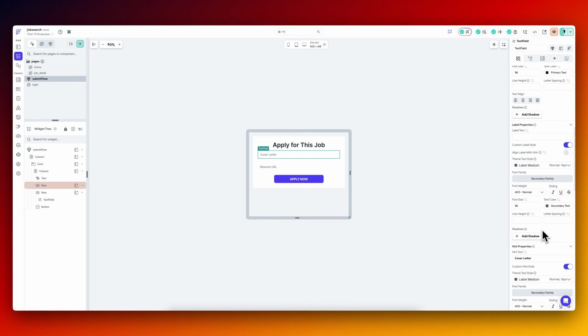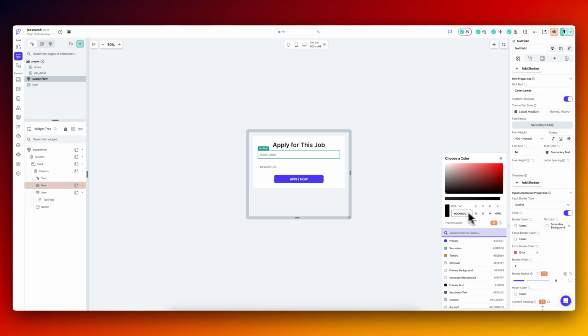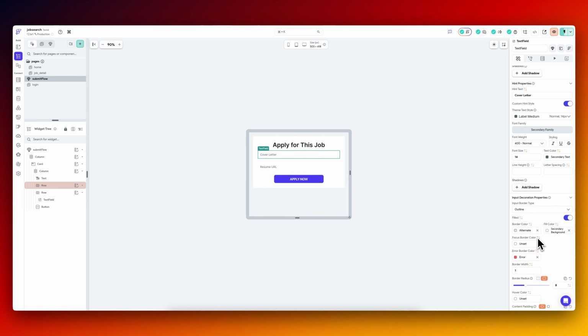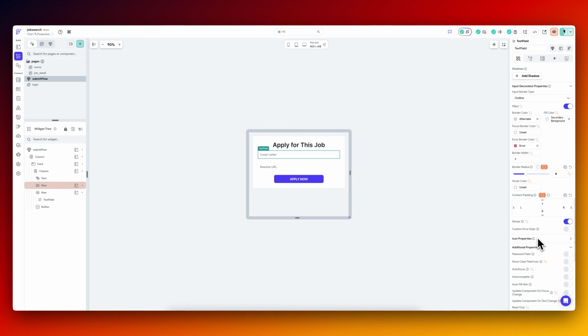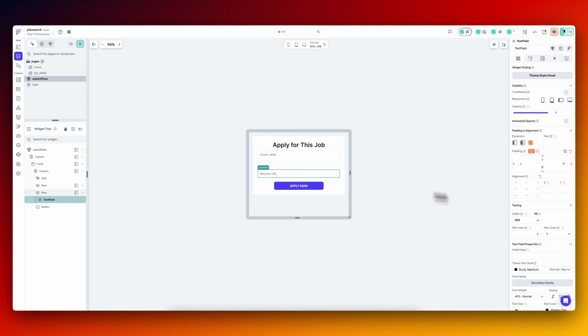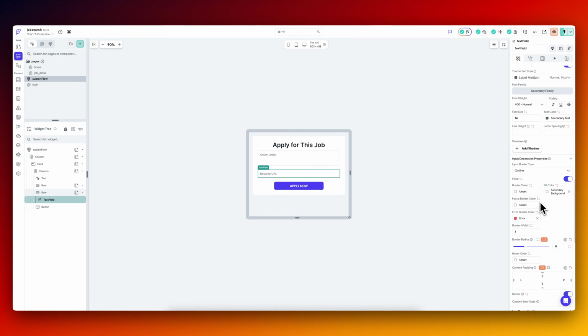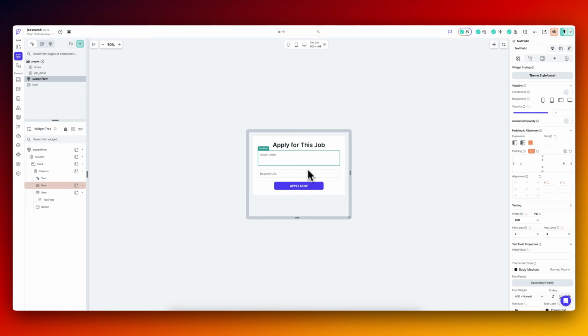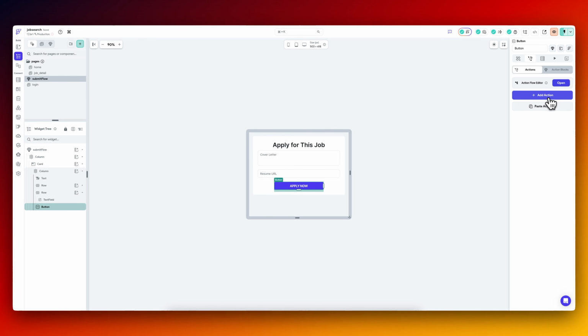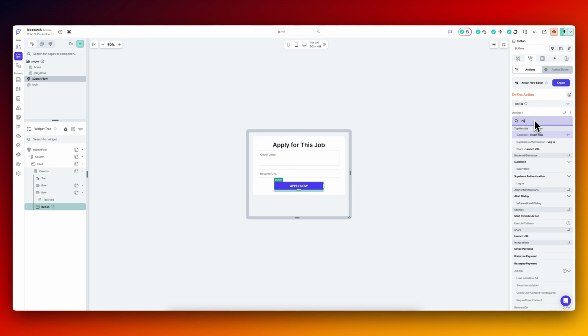And I also want to do a border color. Oh, yeah, that looks much better. And I also want to make it so that it has max lines. So let's do 3. And this resume URL is just going to be one line. And I also want a border color. And that's it. And then they're going to hit apply. And here we can just use regular Supabase, right? Insert row,